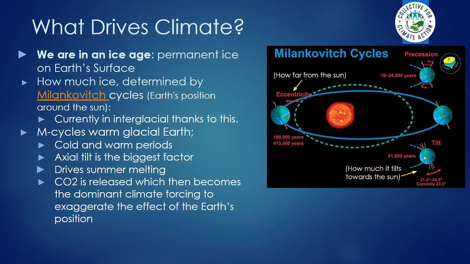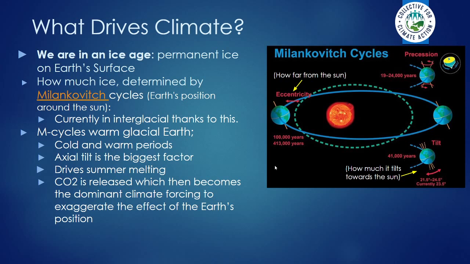What this basically does is tilt us more towards the Sun and then away from it at different periods over a period of 41,000 years. The importance of this is that the more we tilt towards the Sun, the more of the Sun's energy reaches the poles in the summer. So what that does is it stimulates melting of ice. Now, the poles will always be dark and cold in the winter and be more than capable of producing tons and tons of snow and ice. The important thing is how much of that ice survives through the summer.